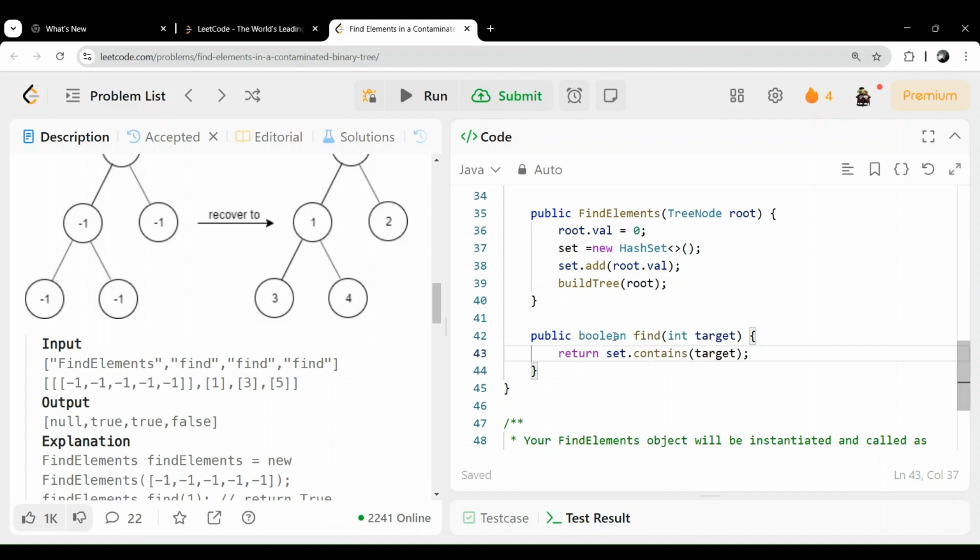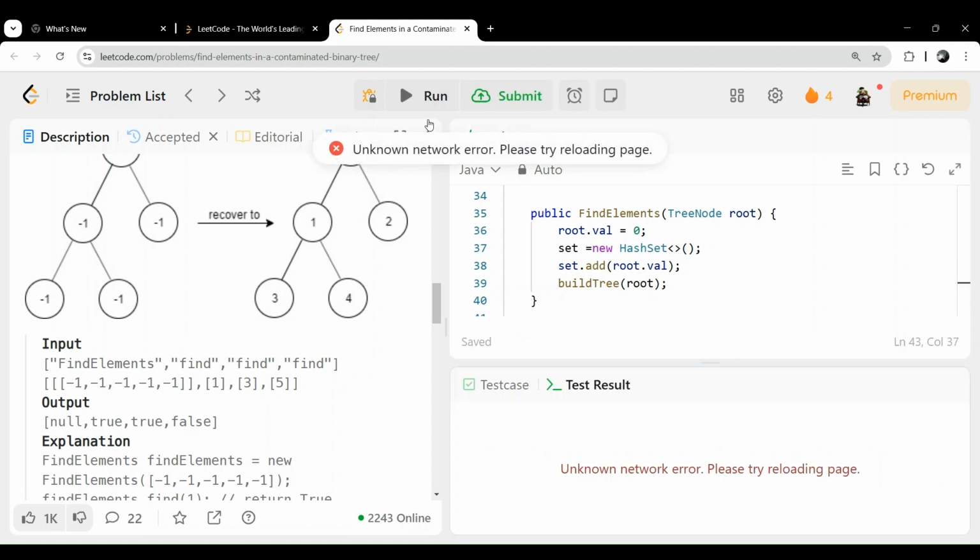If it is there, it returns true; if it is not, it returns false.